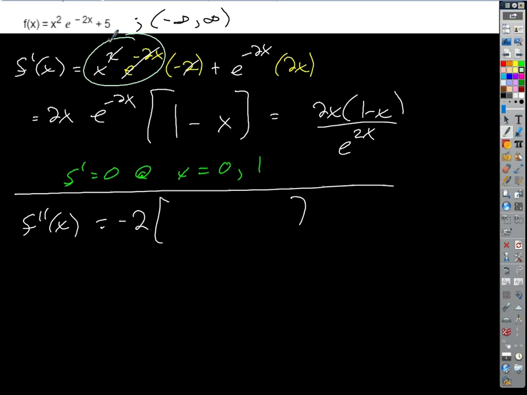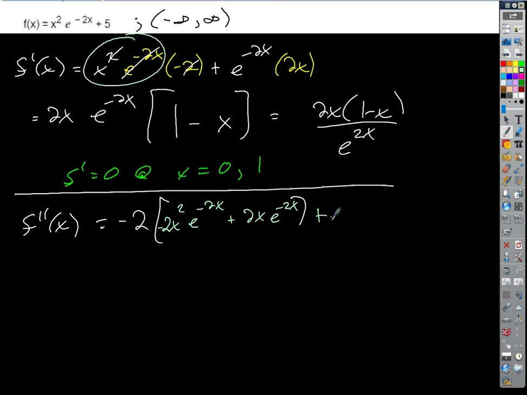Everybody get that? Okay. So I've got my -2 times the derivative of all that stuff, which gave me this from the product rule, so I'm just going to copy that down. x squared times e to the -2x times -2 plus 2x e to the -2x. Agreed? Okay. Plus